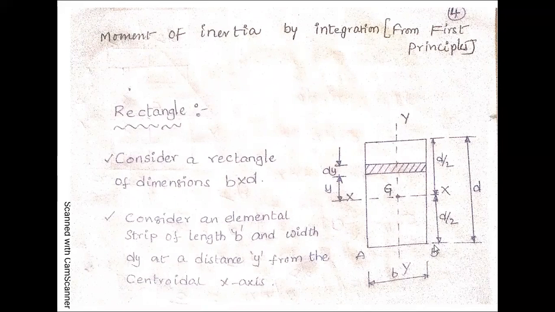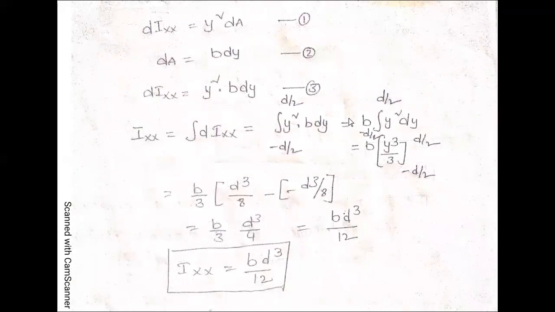The integral limits are minus d by 2 to plus d by 2. So Ixx is equal to the integral of y square into b dy in the limits minus d by 2 to plus d by 2. If you make the integration and substitute the values,